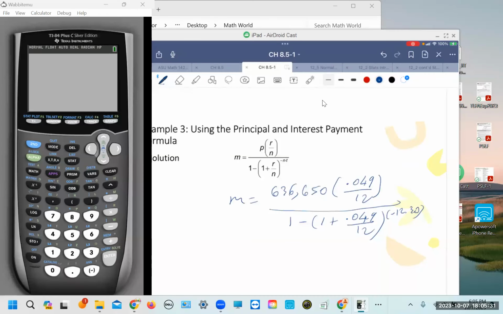Okay, I can use this calculator right now. You see this? You see math? We go with math and we see the fraction, and I go with the fractions. You see the fractions from the number ones already. So I enter these numbers in: 636, 650 times, and with the fractions, I go with the math again, and I go with a fraction, and this one number one right there. So I click that, and I get